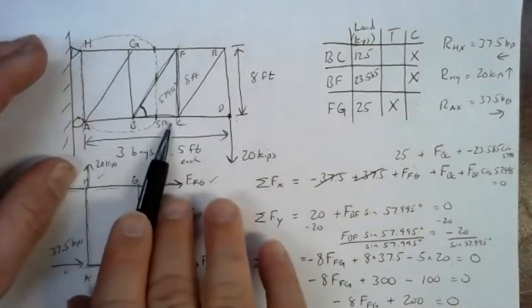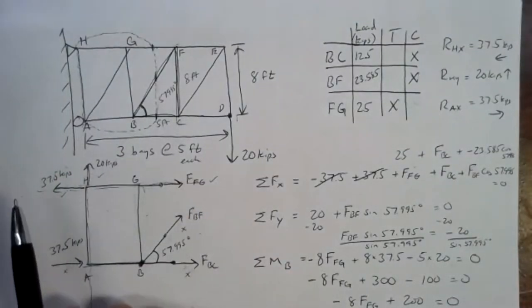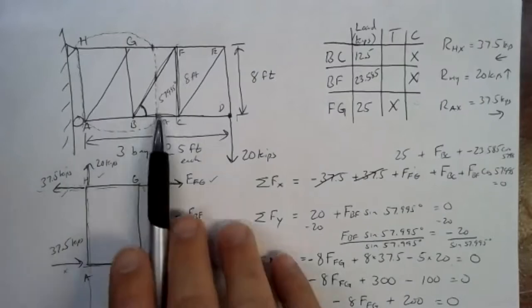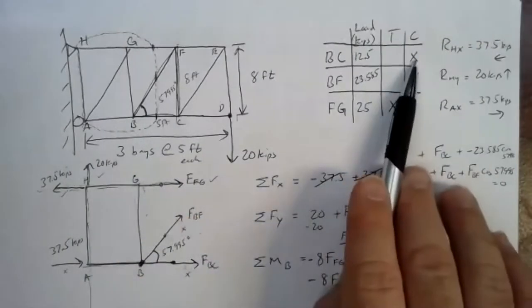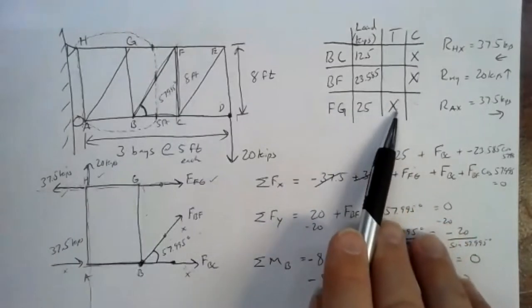So it should make sense that member FG is pulled on, is stretched out, while member BC is compressed. Think about those of you who have been through the A&P program. Think about what you know about sheet metal and doing bends in sheet metal, that the outside of the bend is in tension and the inside is in compression, or a wing lifting. The top of the wing is in compression, the bottom is in tension. So member BC makes sense that it should be in compression, and member FG makes sense that it should be in tension.